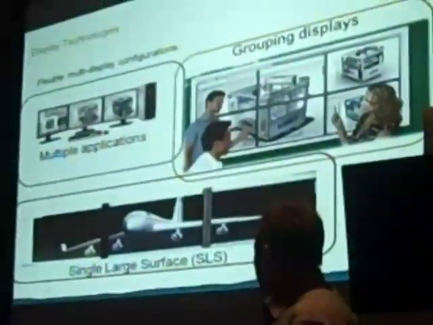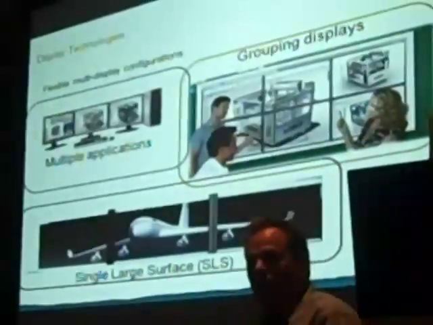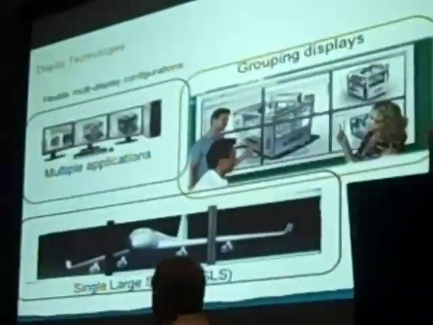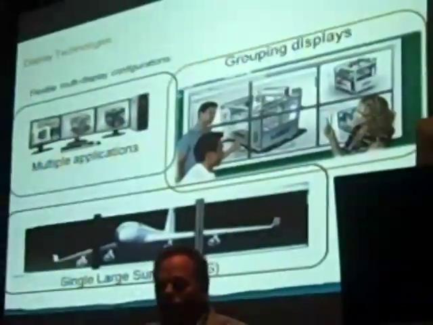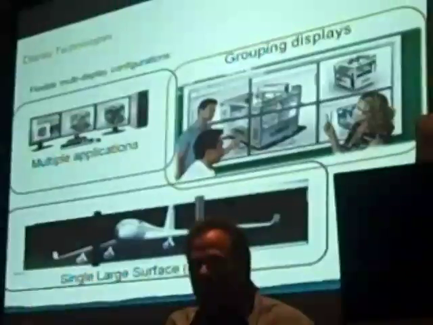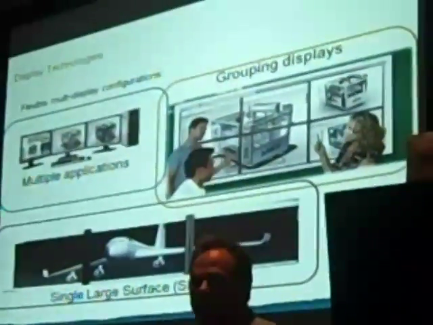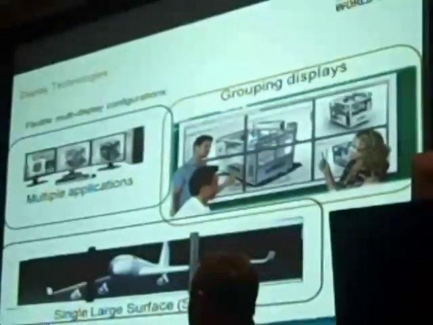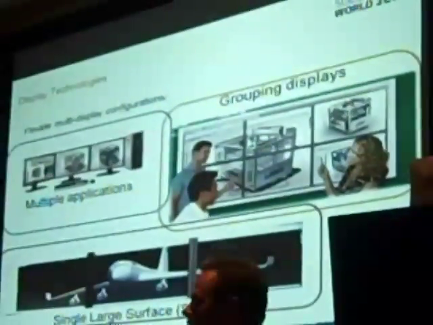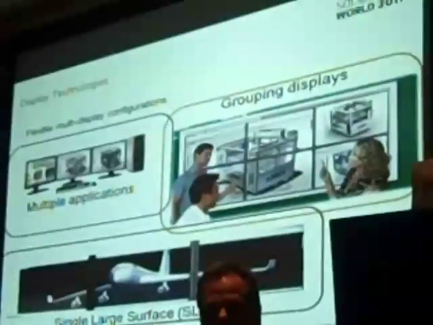Or maybe I'm designing something really big. We have what we call single large surface technology that allows you just to treat this as one giant virtual monitor. So if I've got 3 monitors stretched out, I can have 6,000 pixels of width, and I can just set it up as one monitor and let SolidWorks just go across. So people design big things, long things, sometimes just want to see more detail. So you want to zoom in closer and